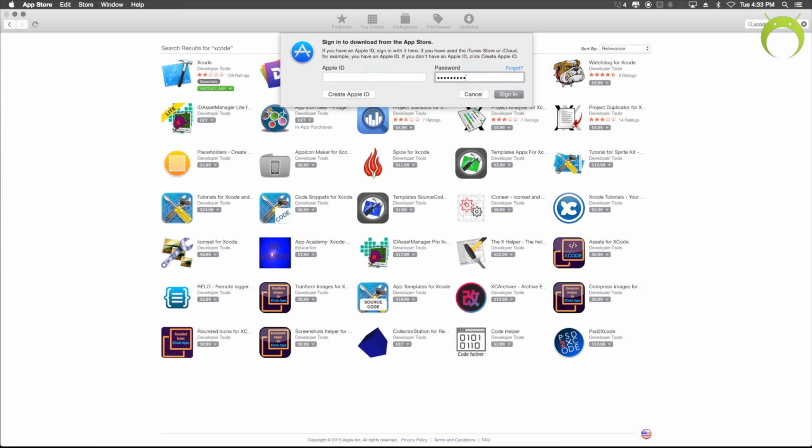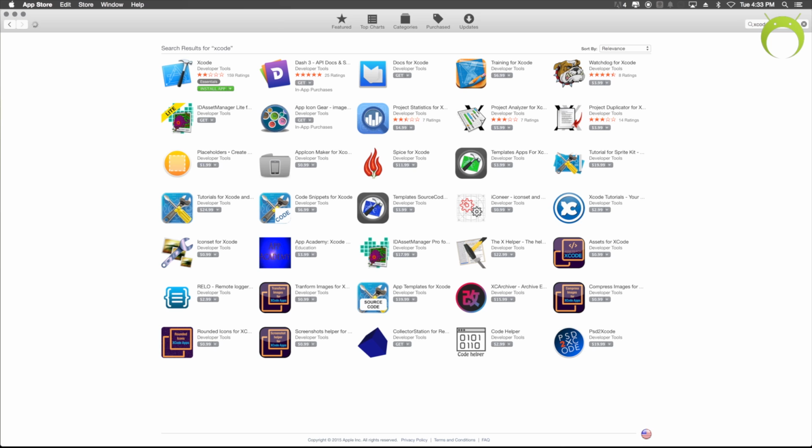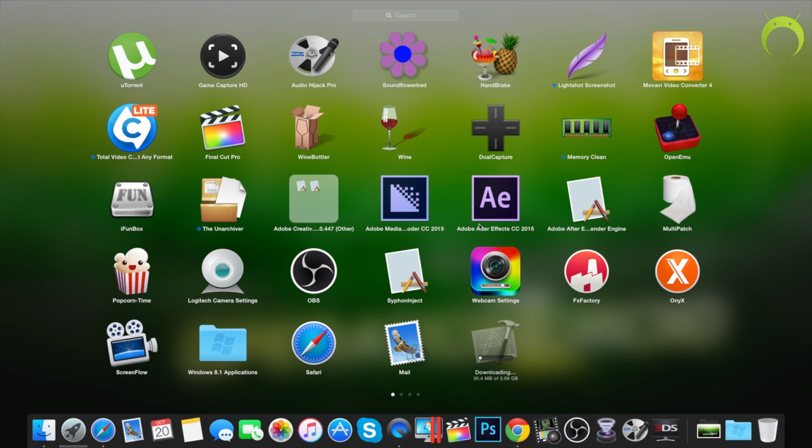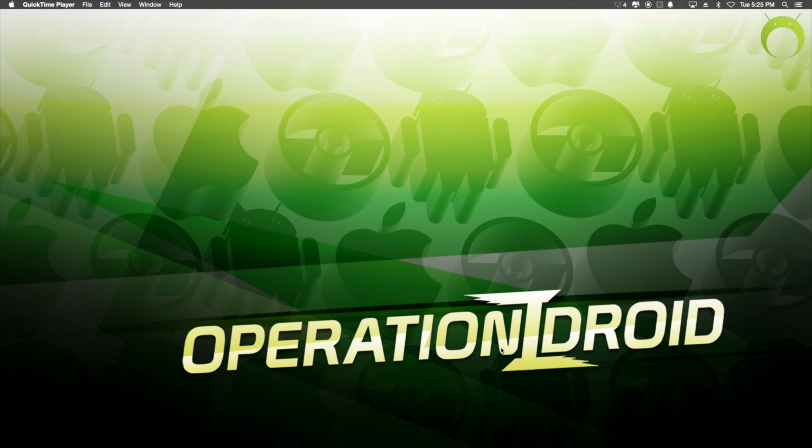So with that being said, if you do not have Xcode, go ahead and open the App Store, search Xcode, which looks like so, and install the application. If you already have Xcode installed, just bear with me for a couple of seconds while the users that do not have it go ahead and install Xcode. Now, Xcode is a pretty big file and it will take some time, so once it's done, you can come back to this video and open Xcode.